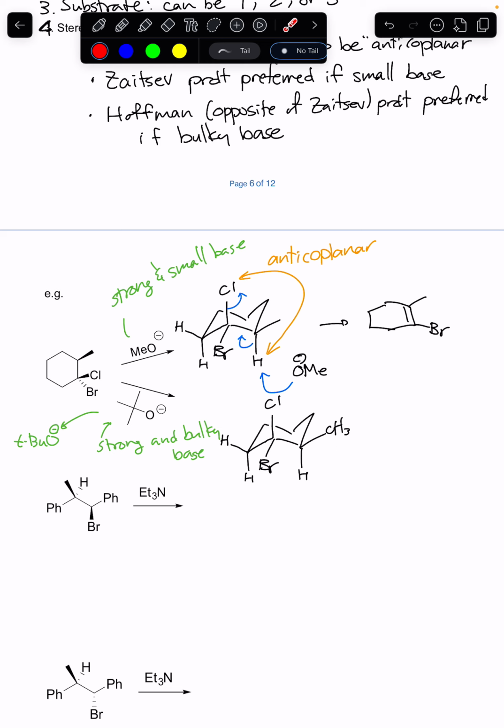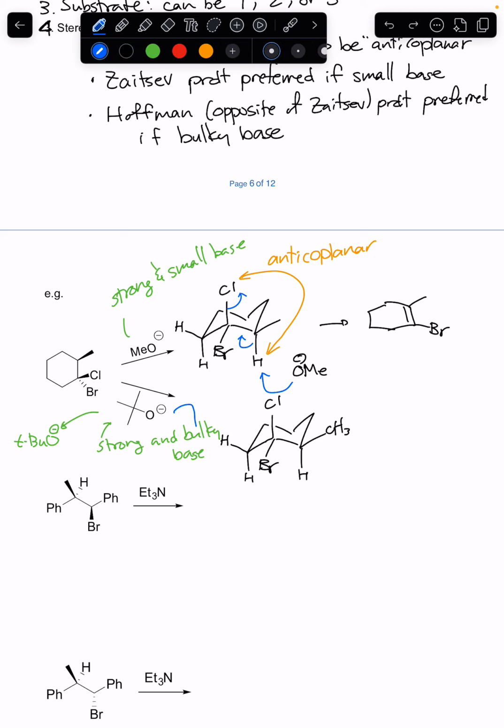Now, we couldn't use this bromine as a leaving group, even though it's a better leaving group than chlorine, because there's no proton that's anti-coplanar to it. I guess we forgot to talk about that earlier. There's no anti-coplanar proton to this. You might think this is it, but you'll notice they're not anti to each other. They're gauche, and they're not in the same plane, right? So